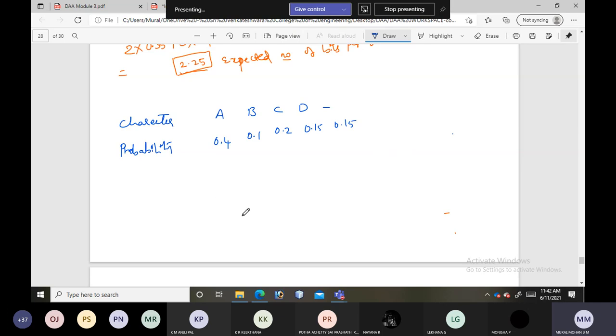Now build the code words and construct a Huffman tree for this.